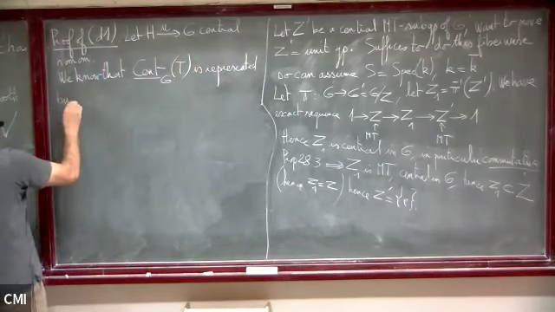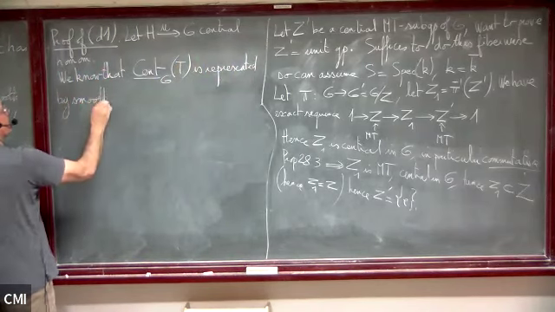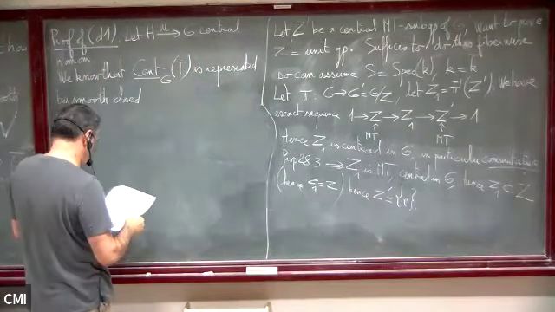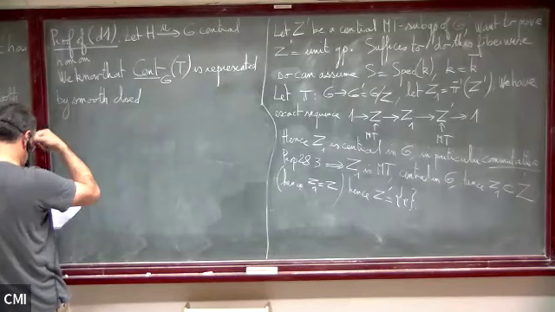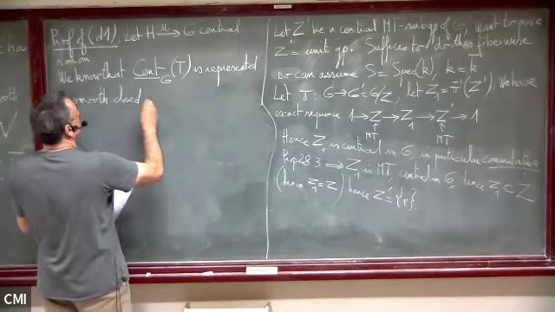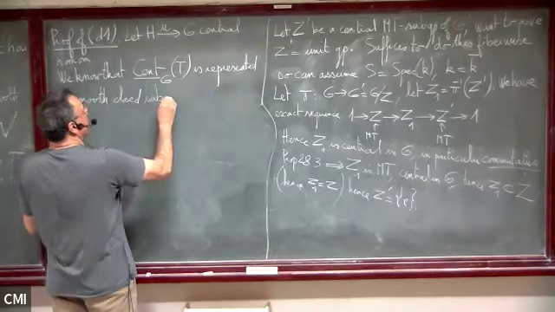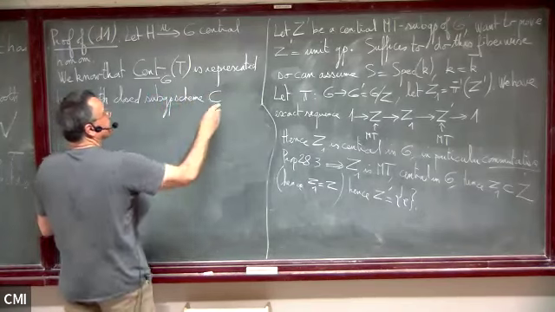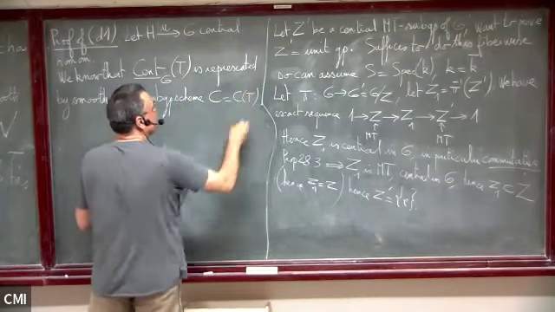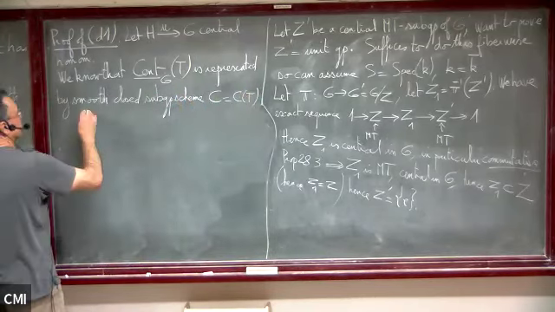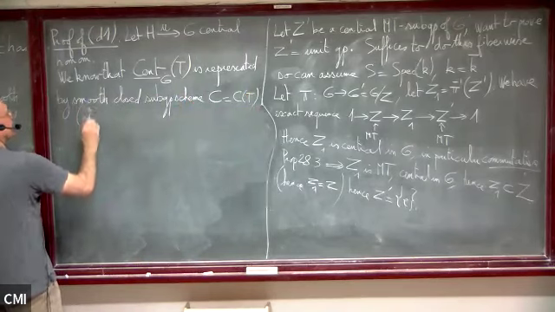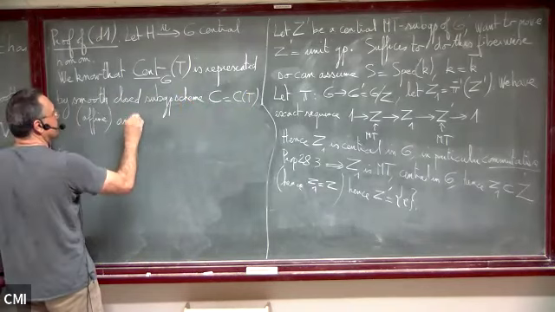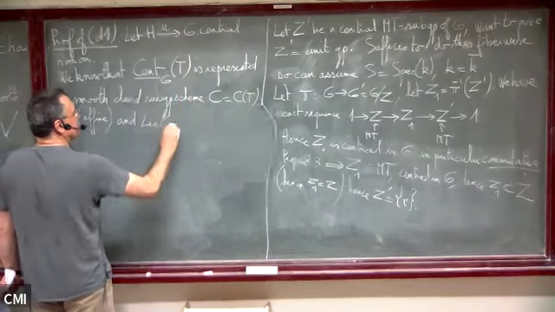by a smooth closed subgroup scheme. So let's call it C, or C of T if one wants. And so since it is closed inside G, it is affine. And we also know by a general result that the Lie algebra